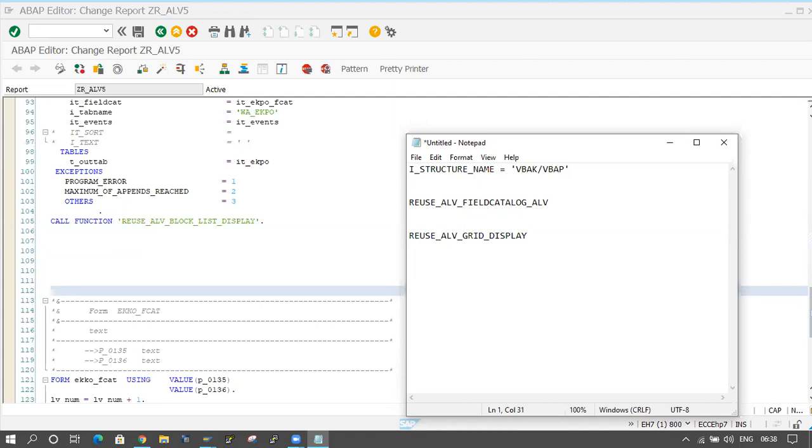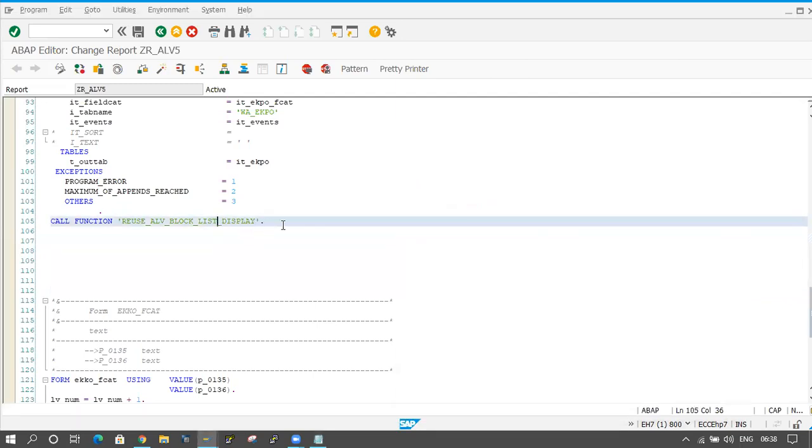So this is one way. And if you use REUSE_ALV_FIELDCATALOG_MERGE, the function module name is different here, and then REUSE_ALV_GRID_DISPLAY. Like this, they will use it in real times. You already know about I_STRUCTURE_NAME and REUSE_ALV_GRID_DISPLAY, and now I will go for this one.